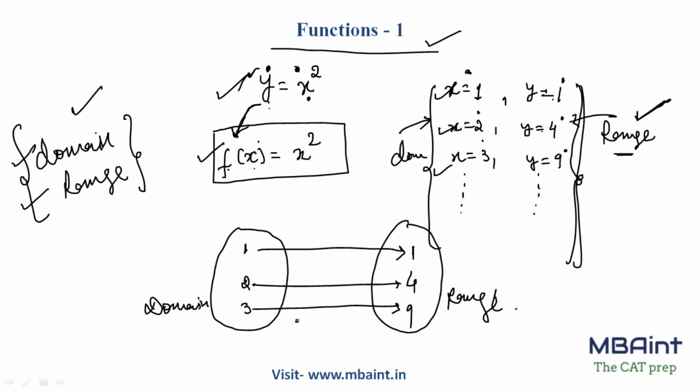So guys, what is this domain again? So the domain is whatever value you put as input, okay? And the range is basically whatever you get after putting the domain, okay? So basically these are the values for which this function is possible. Please keep this thing in mind. So they might ask you that what are the values for which this function is possible, right? So basically they're asking you the domain. So these are the values for which this function is possible, okay? And this is nothing but your range.